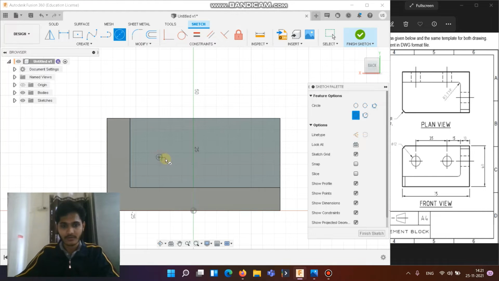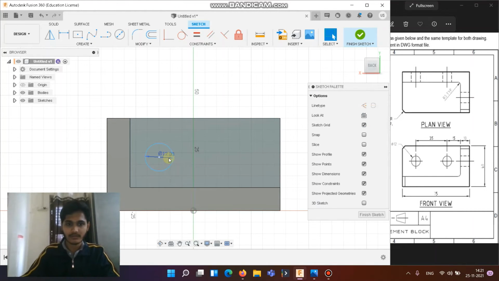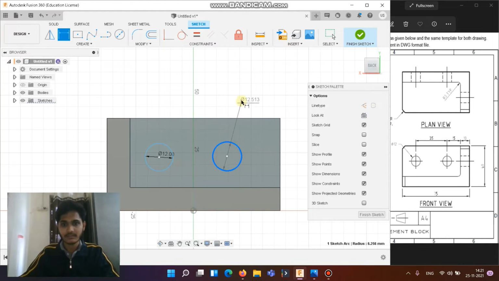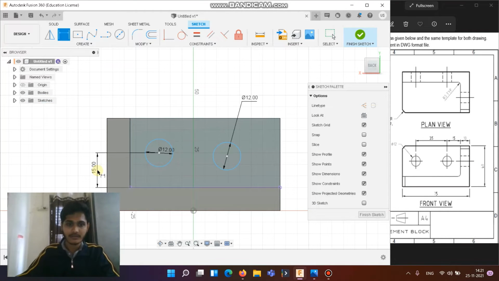So you can draw a circle of 12 mm, another circle of 12 mm, press D for dimension, type 12. Now dimensions already there, this must be 15, 15